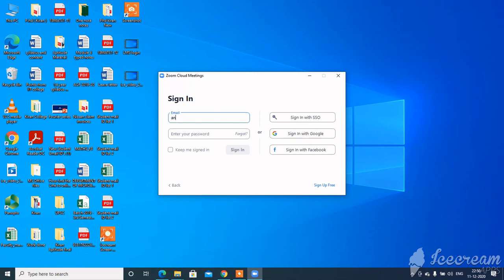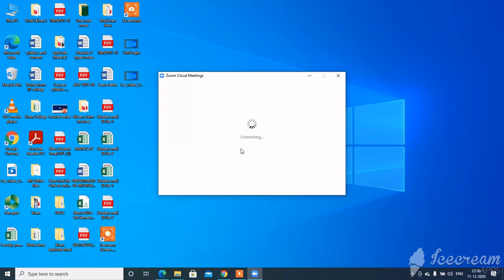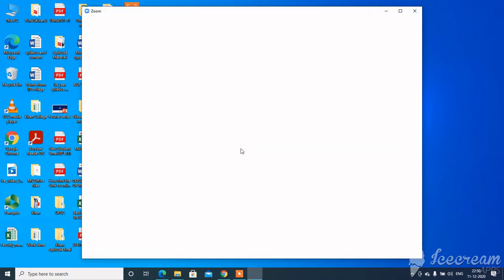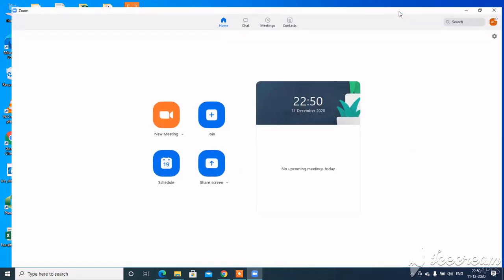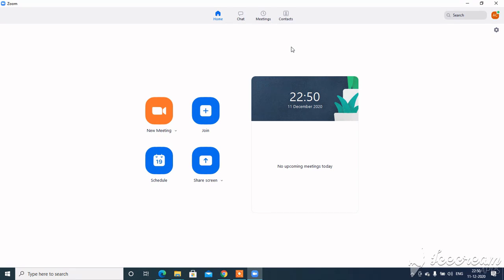Type your mail ID anusha.20EE@cambridge.edu.in. Type a password. Click on sign in. Yes. Now I have opened the official Zoom account to attend the online classes.